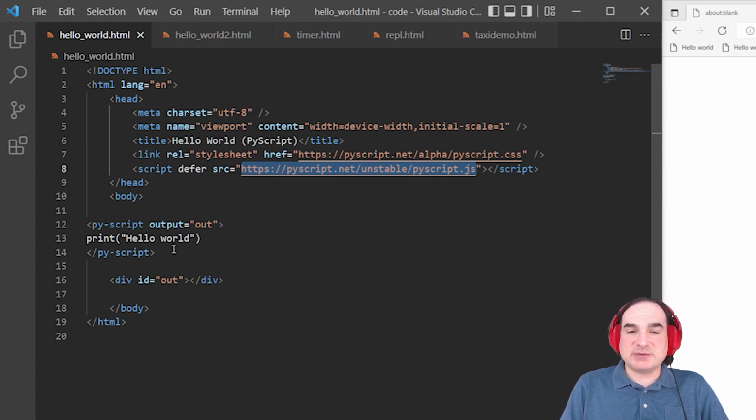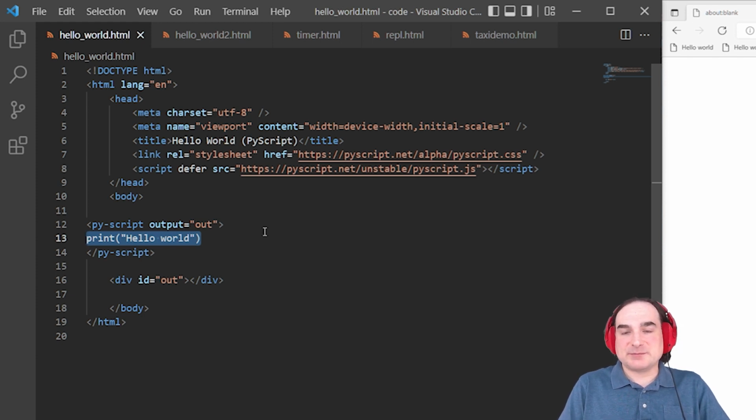So next, we create a script block in the page using the custom PyScript tag. Everything inside these tags is just regular Python code. Now, it does need to be indented and formatted correctly, so you may want to watch out if you're using a formatter for your HTML. You don't want that also to affect the way your Python scripts are formatted.